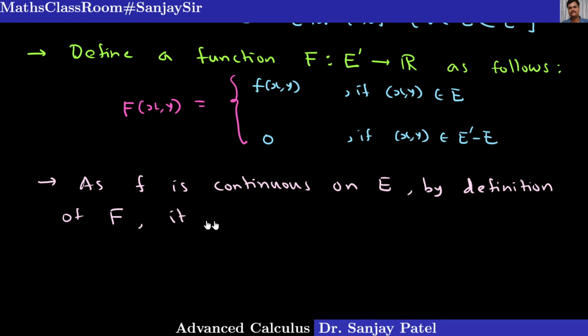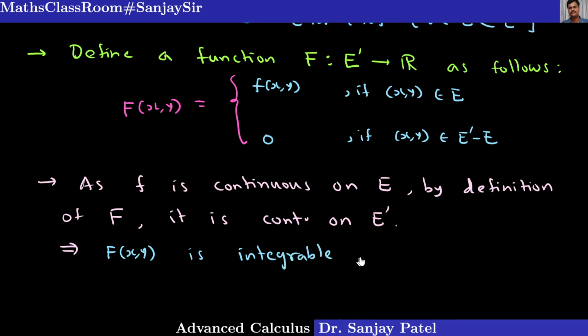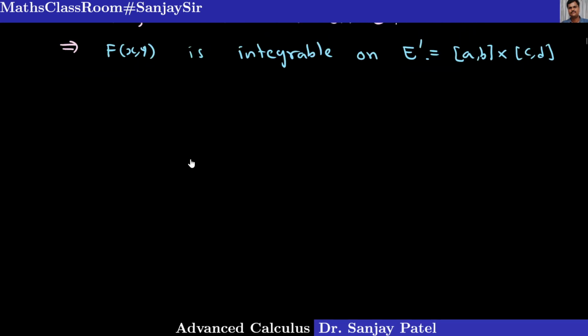I mean, the function capital F is continuous on the rectangle E dash. So this implies the function capital F of x comma y is integrable on E dash, which means on the rectangle E dash, given by the closed interval AB cross CD. And if the function is integrable over a rectangle, then we know that its double integral is given by,